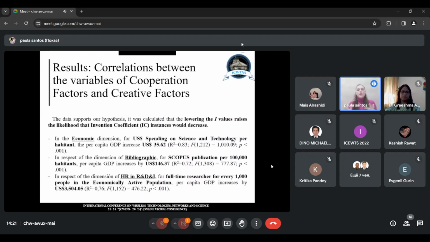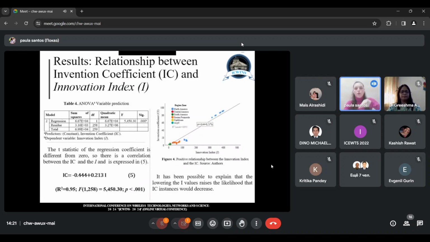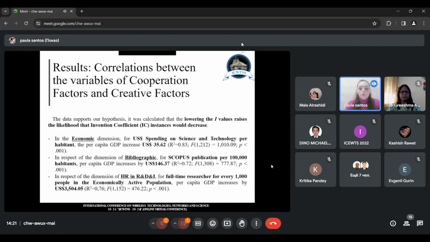Until here, we note that there is a strong relationship between the three dimensions of the cooperation factors and the innovation index. And also, we note the strong relationship of the innovation index with the invention coefficient. So now we're going to understand the relationship between the cooperation factors and the creative factors. Well, we're going to see the strong relationship of the GDP per capita and the three dimensions of the cooperation factors. In the economy dimension, for each dollar spent on science and technology per inhabitant, the GDP per capita increased by $35